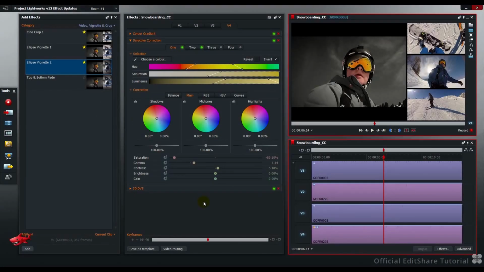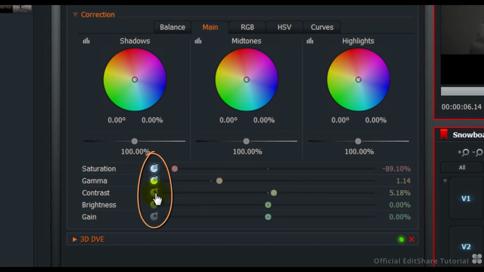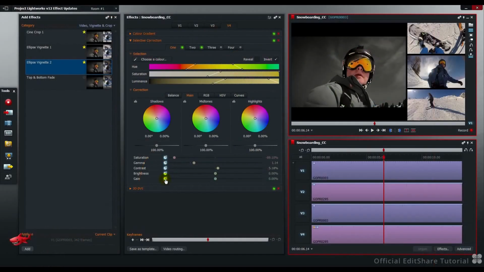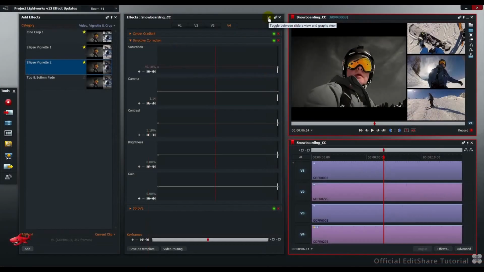The effects setting panel and the keyframe panel have now been combined together. To enable keyframing any effects parameters, simply turn on the icon beside the parameter slider. The keyframe panel is revealed by clicking the sliders icon on the top right. Now we can see saturation, gamma, contrast, brightness and gain keyframe graphs. To add keyframes, simply click the graph